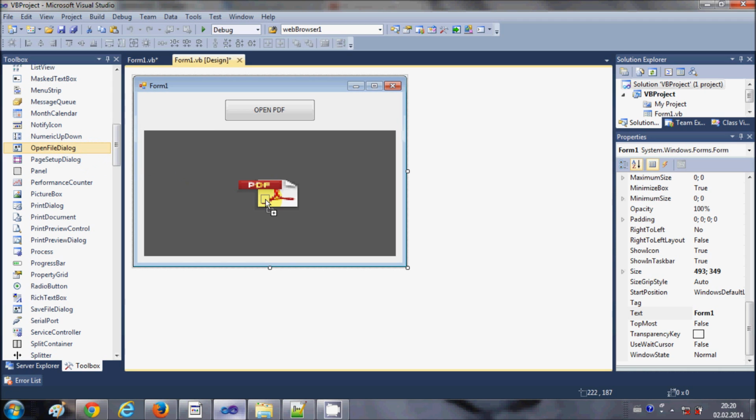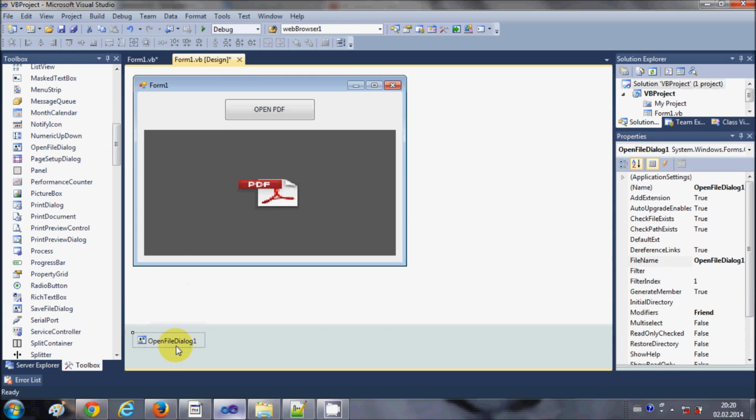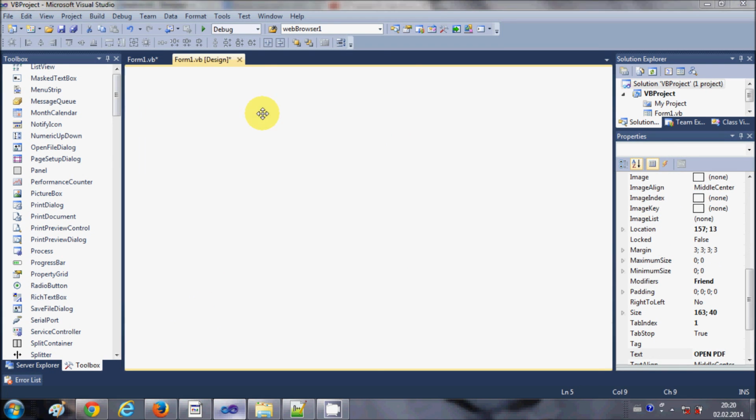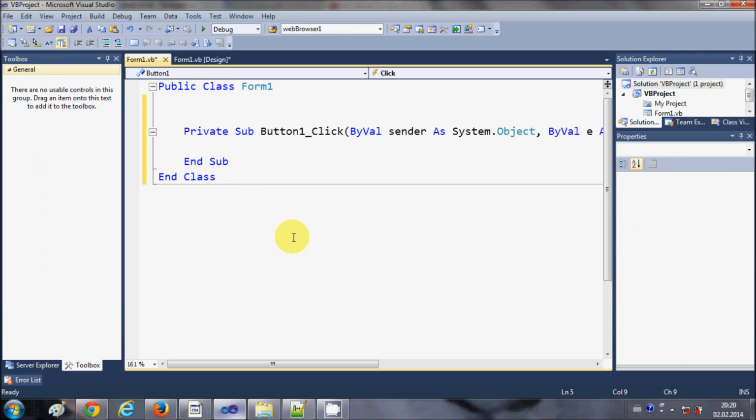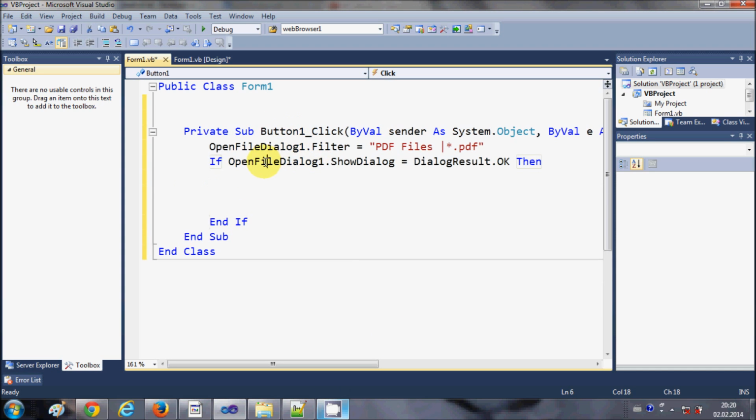I will drag and drop it into this project and it will go here, and now I will double click this button, and in here I will just paste the code for opening the file dialog. So it's in the button click event. I will just copy and paste these 3 lines of code, because I have been showing you these 3 lines of code in the last two videos.